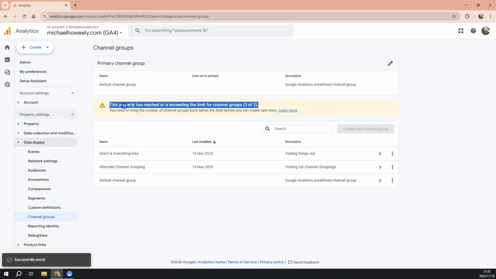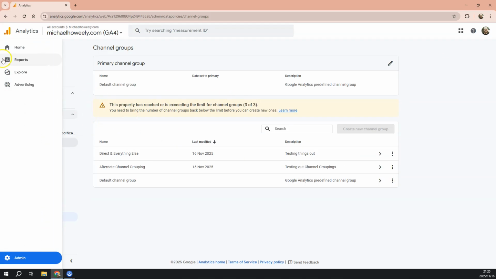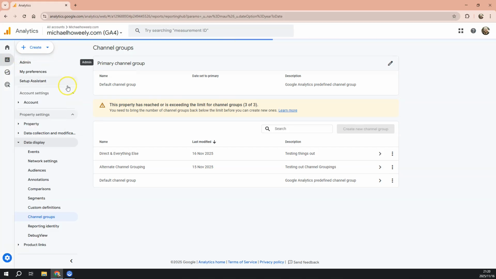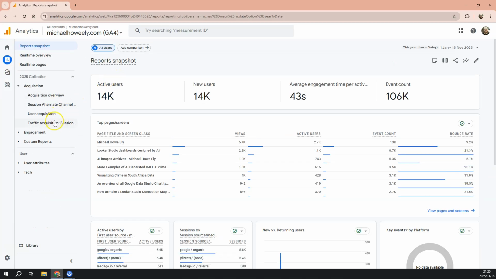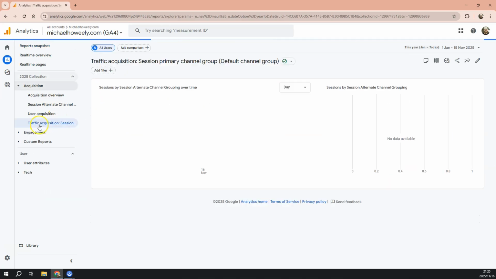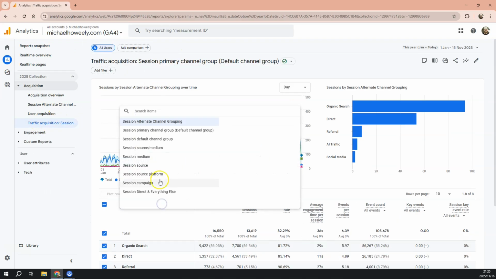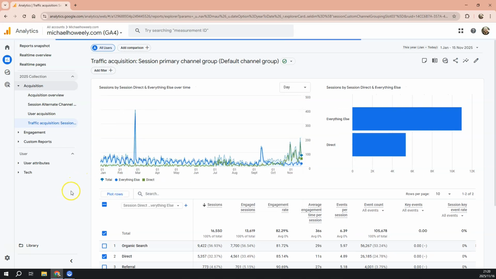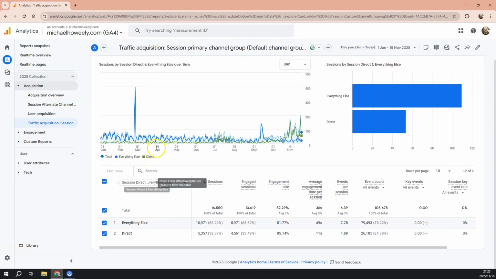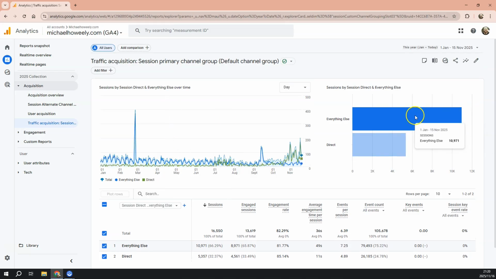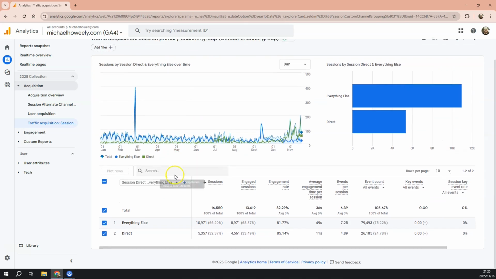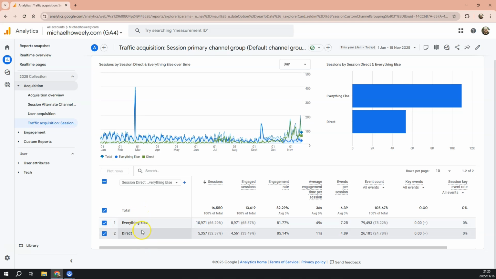and you'll see we've got a warning here that we've reached the limit of 3, and we go over here and to our session primary channel group, and now you'll see we've got the option to select direct and everything else. So let's select that. And we've got two options, everything else and direct. Now, this is not a particularly useful channel, but I hope it gave you an example of how you can